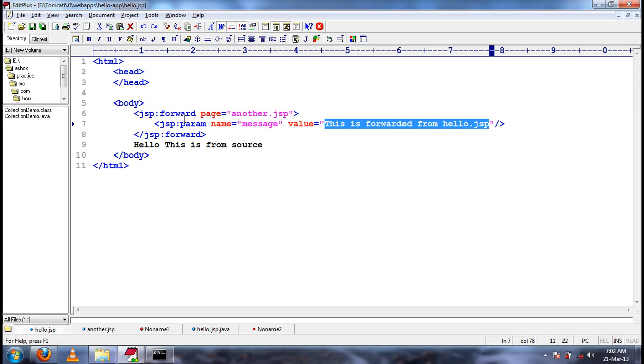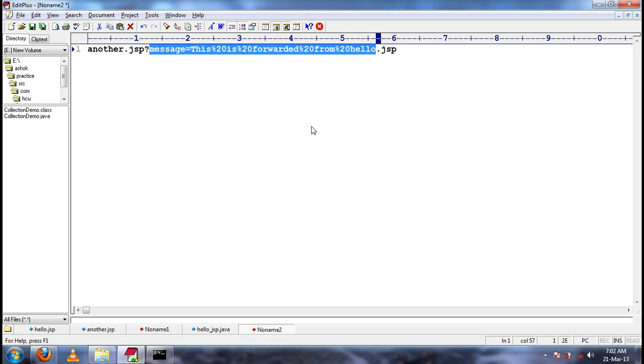Understood? So jsp:forward will internally use request dispatcher, and whatever parameters we send using jsp:param will go as request parameters in the query string.